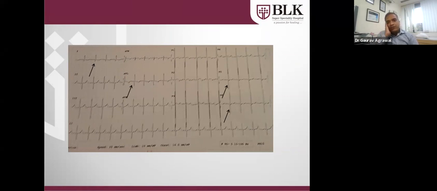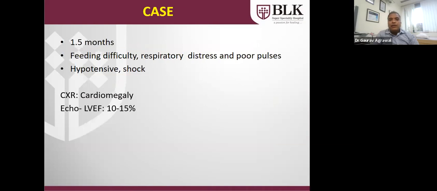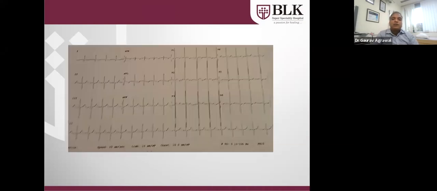Lead 1, aVL, V5, V6. What is that? Are these normal or abnormal? First of all, what is that arrow? Age is 1.5 months with signs of heart failure, and the patient is in shock. This is a deep Q wave in left lateral leads. It always indicates